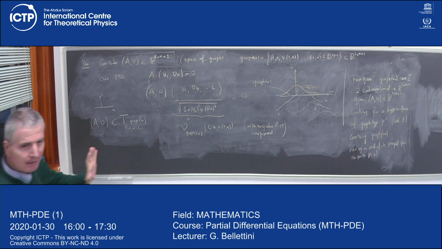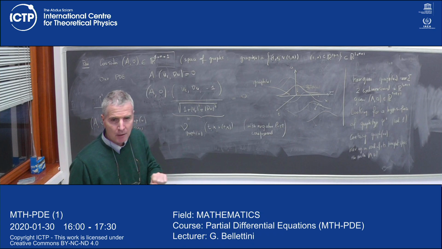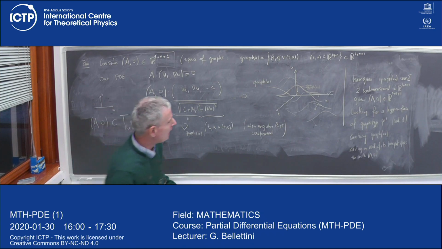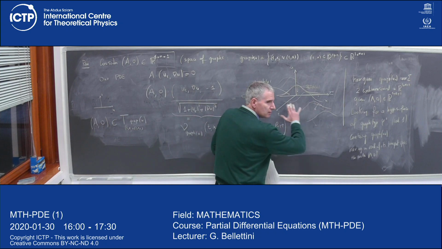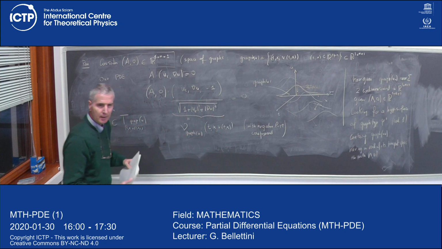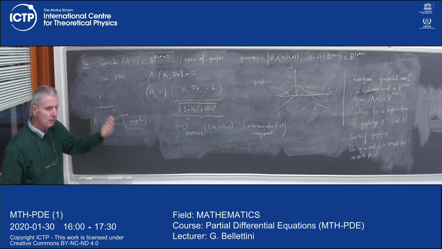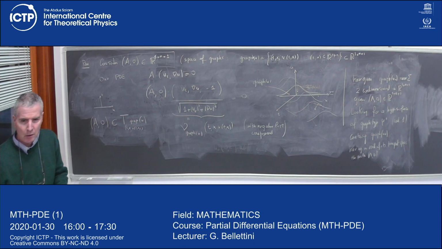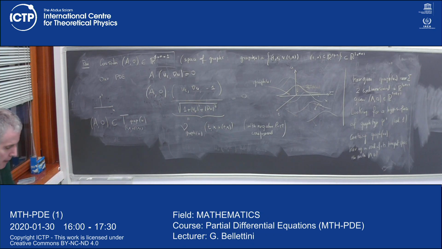Now, these lines, I have to say, have a name: they are called projected characteristics, the lines that live in the horizontal space here, parallel to capital A. They are called projected characteristics, but this we will see later. Okay, so this is a first remark on the interpretation of the PDE. Next. There is another remark.